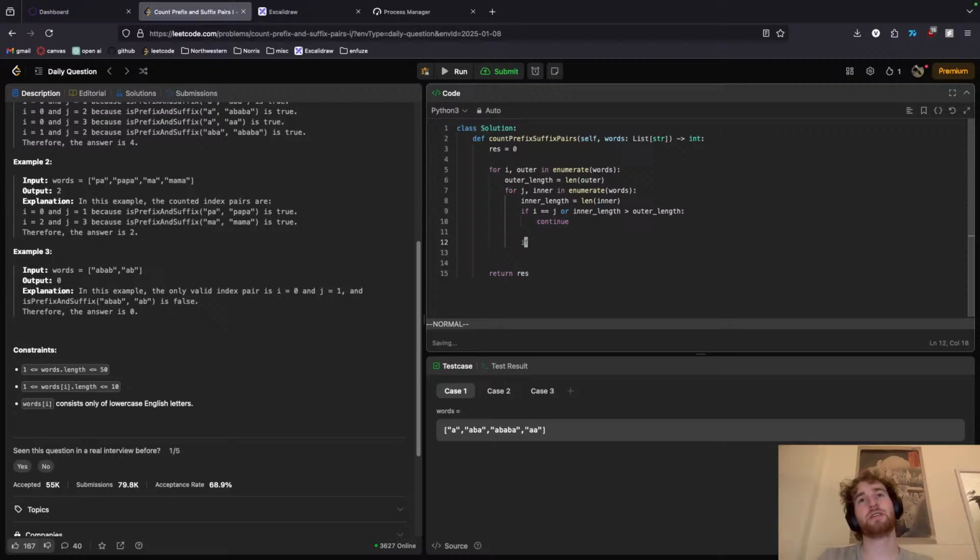Okay, and then the actual condition would be if outer from up until inner length is equal to